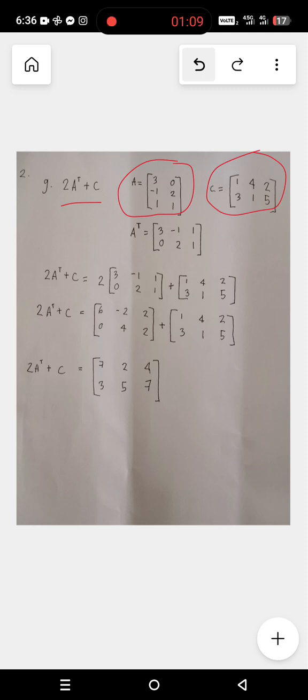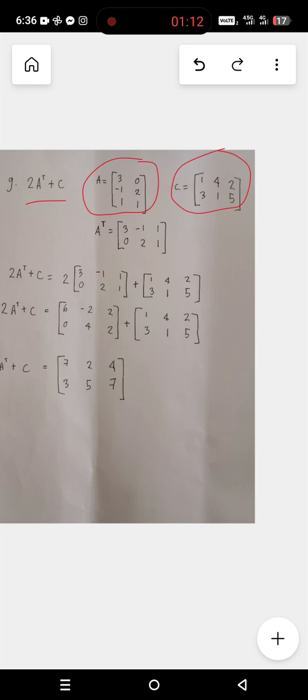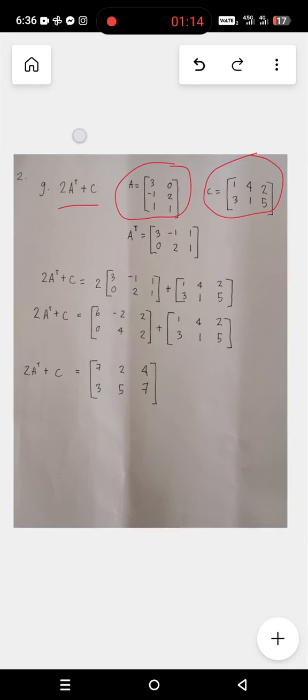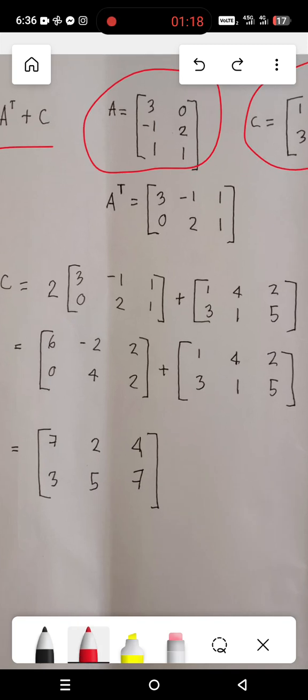So that means that this one will be transformed into this. The 3, 0 will now be arranged like this,